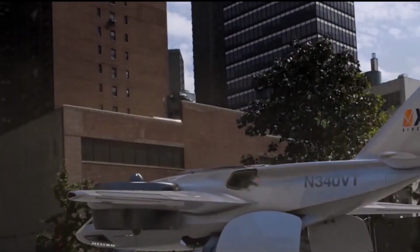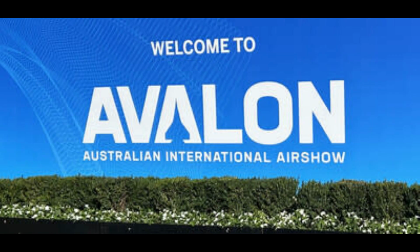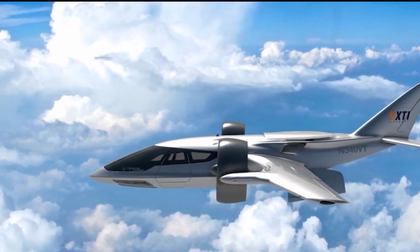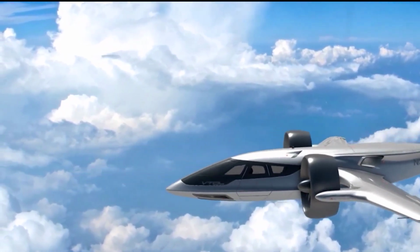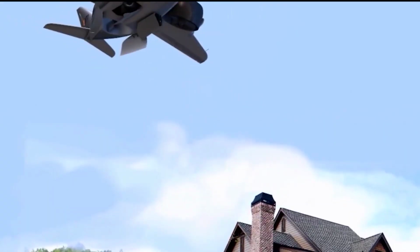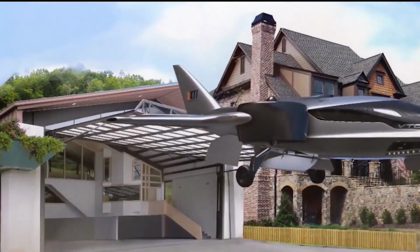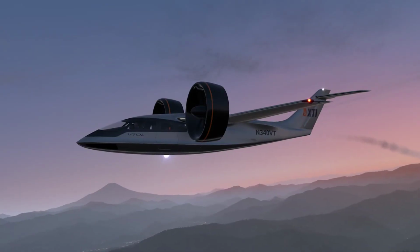XTI Aerospace unveiled their subscale model of the Trifan 600 aircraft at the Avalon Air Show in Australia. The new model features the latest aerodynamic configuration with 3 operational fans, rotating ducts, and aft fan closing mechanisms. XTI will begin flight testing its subscale model, codenamed Sparrow, later this month to validate the aircraft's performance and safety